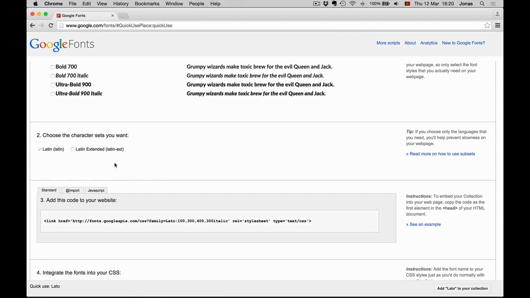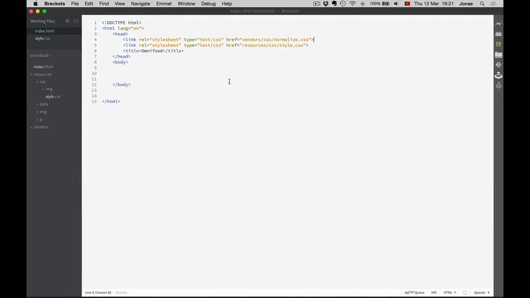So it's very, very easy. All we have to do now is to come down here and copy this link and go back to our HTML file and paste it here, and that's it. And that's because this Google font is actually just a CSS file which we use here in our project, but it's not a file that we download. It's a file that's on the internet, here on the Google font server. All right,